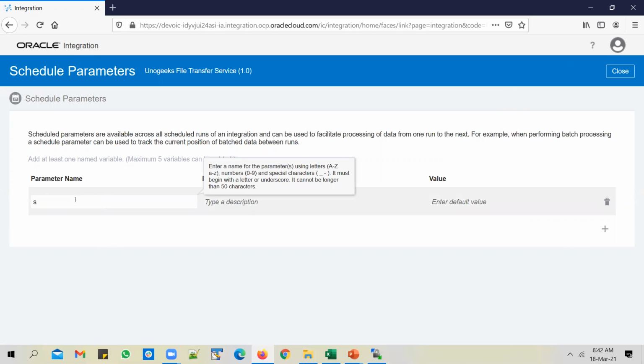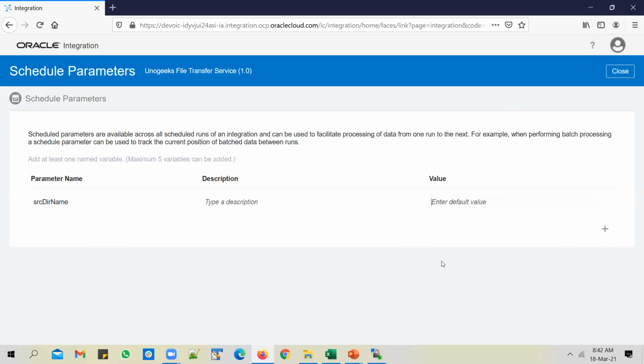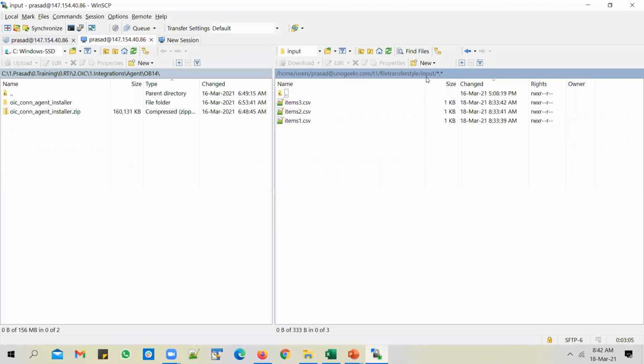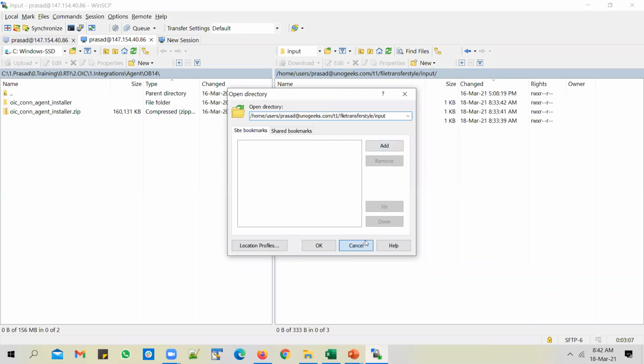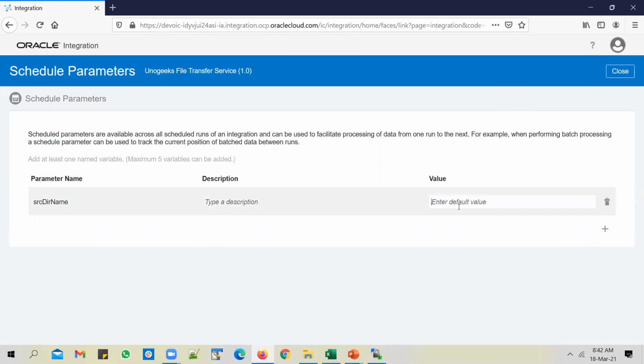And you can say source directory name. And you can enter a default value in there. So I'll enter input directory as source directory name.